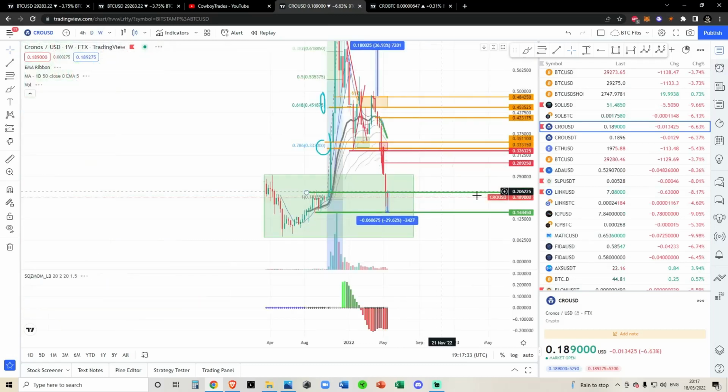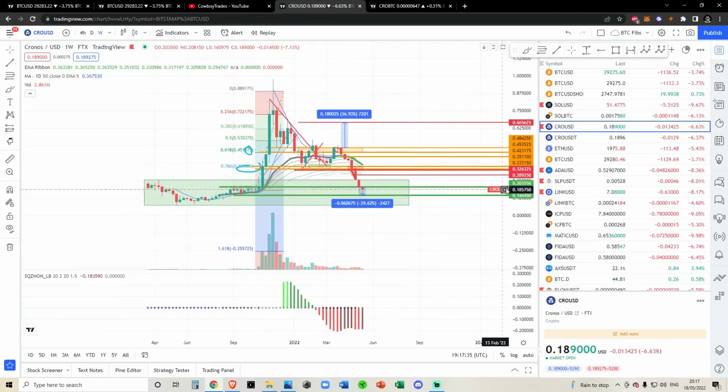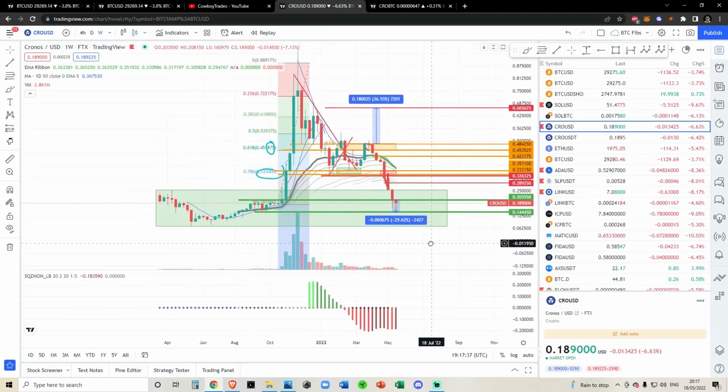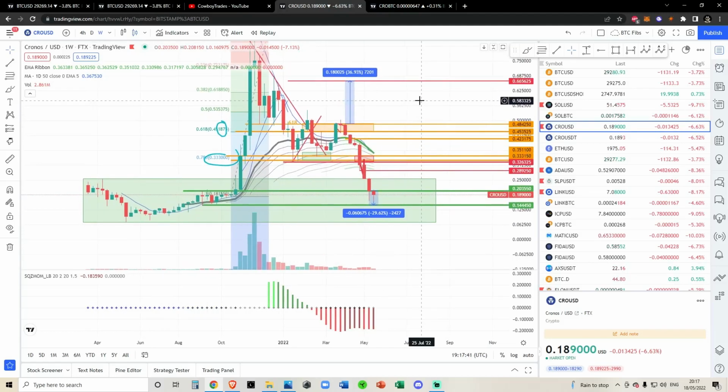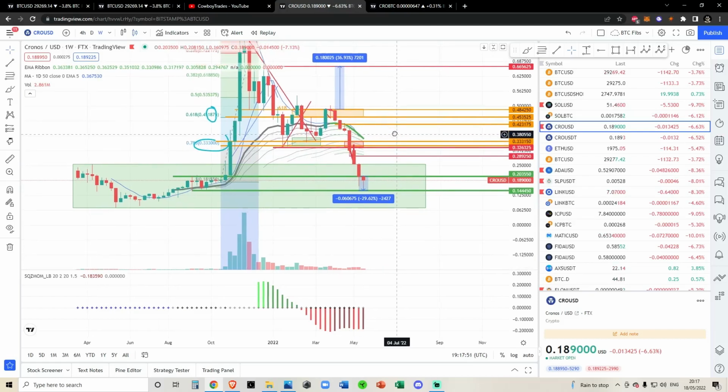I'm going to start off on the weekly because it's been about a week or so since I've made a Crypto.com video. This chart seems almost alien to me. But as you can see, weekly EMAs are still bullish. They only really started fully forming a couple of months ago. These are obviously going to turn down. I do think we are going to break bearish on these before we do have more to go to the